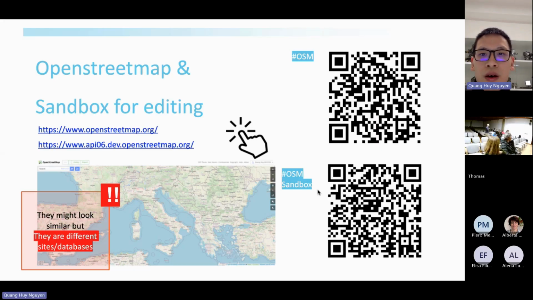I also want to remind you that after the seminar, on the 5th December, we will launch our program in sandbox mapping. So after 5th December, we will send you the sandbox project so that you can work together.